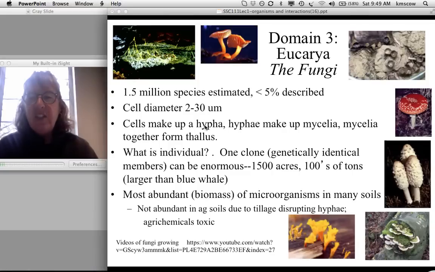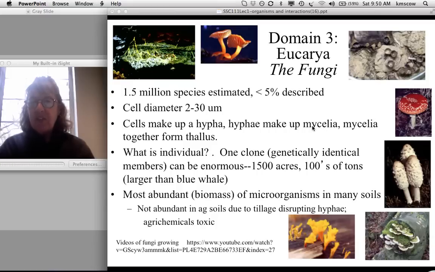A lot of fungi are filamentous. Not all fungi are filamentous, but a lot of them are. And the way that these structures that fungi have are a hypha. An individual hypha directly corresponds to a cell, but then the hyphae bundle together and make up